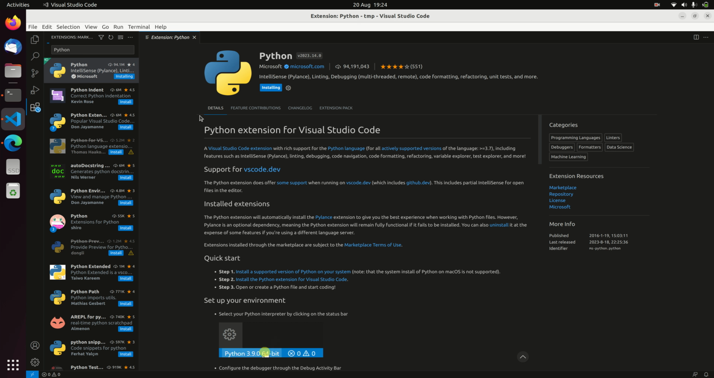Once this is installed, Python functionality with